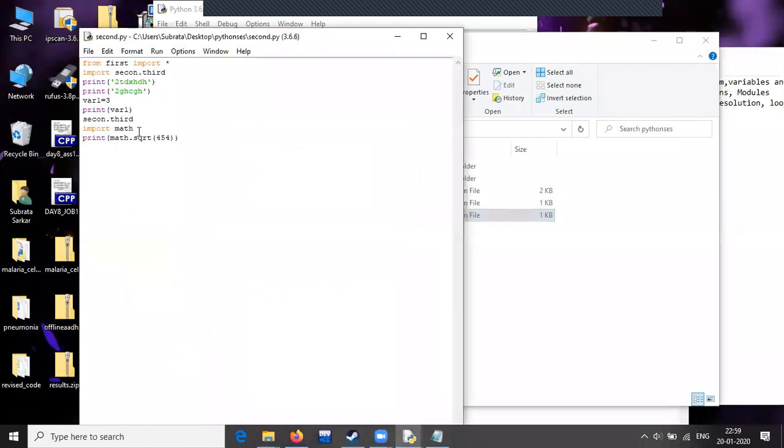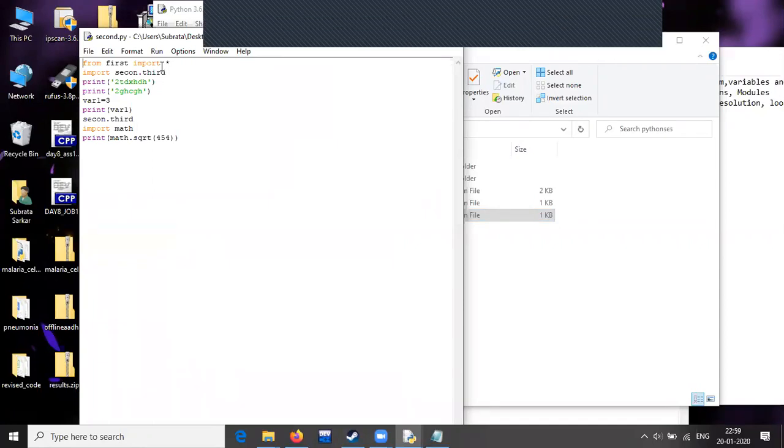So how do we do that? Okay, let us open the second.py file. So what we do here is from first import star. What this basically does is it imports everything from first. What does that mean? Okay, so suppose we have something in the first.py file. When we write this statement, what happens is everything